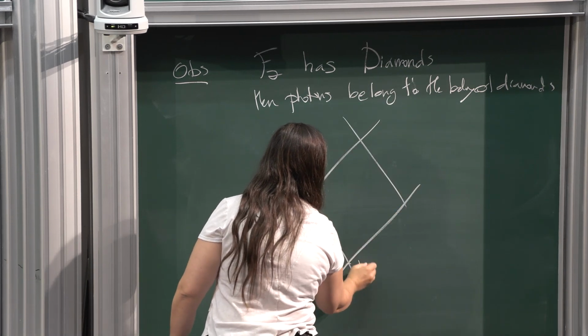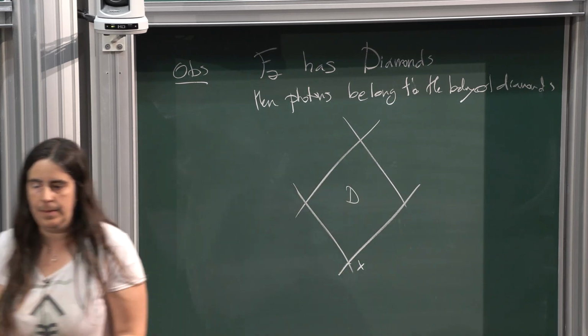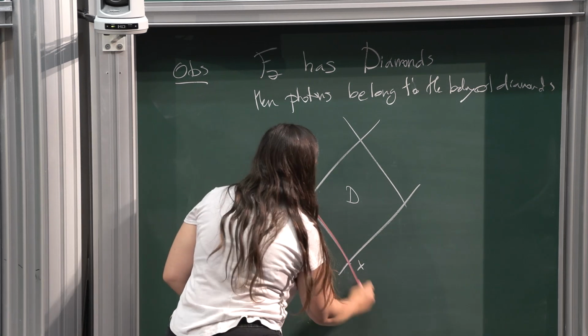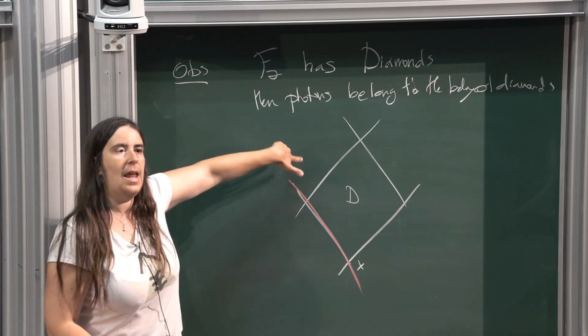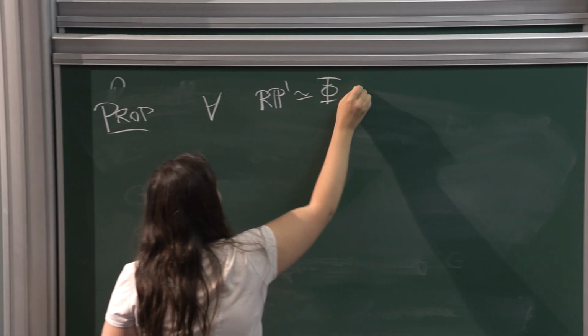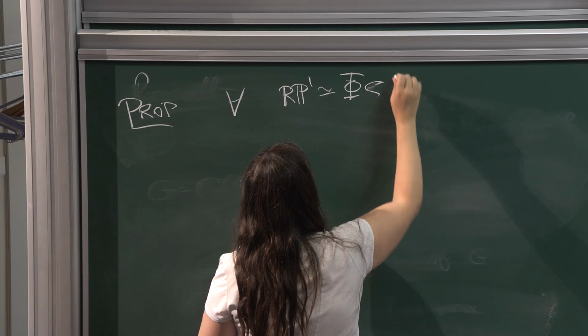So this is my point x. This is a diamond determined by x and another point. And my photon really is some projective line in this boundary. This boundary is a very complicated space in general, but you should think of this photon as a line in there. And the proposition is that for any phi, which is isomorphic to RP1, is a subset of f theta,